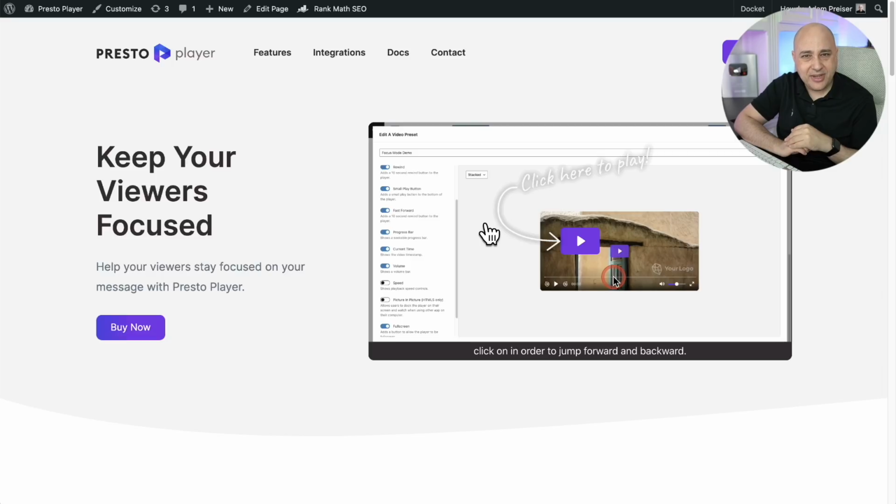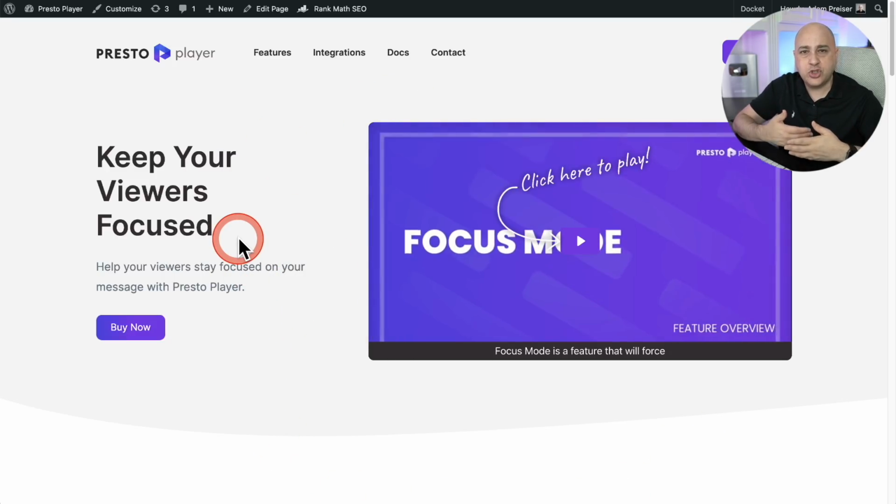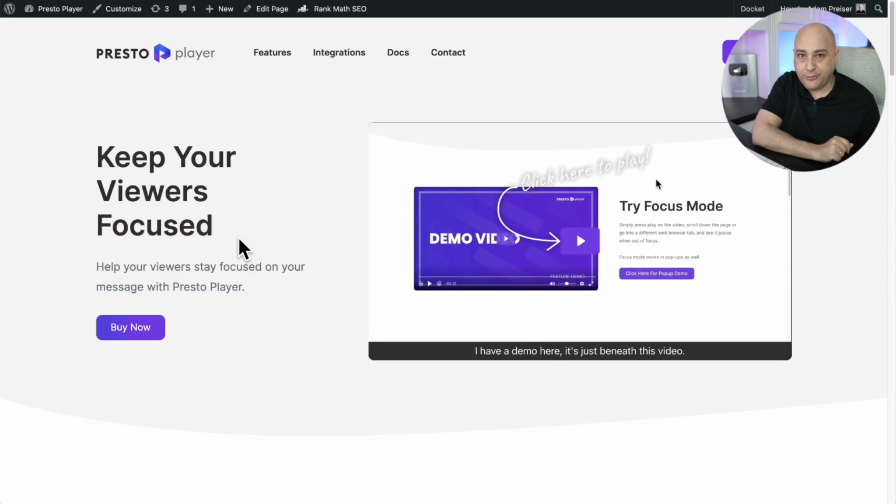But what happens when I want to change the layout a little bit? So say maybe I want to have the video on the left and this bit of information on the right, or this bit of information on the top and then the video underneath it. I want to make some kind of structural change to the layout. Well, it's going to be a lot of work because I will have to manually edit 30 different pages on this website,